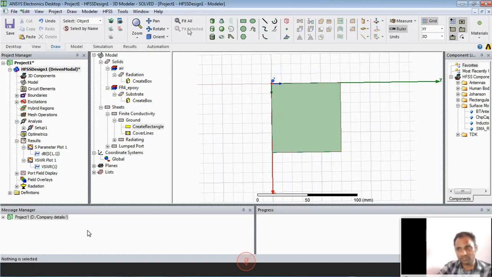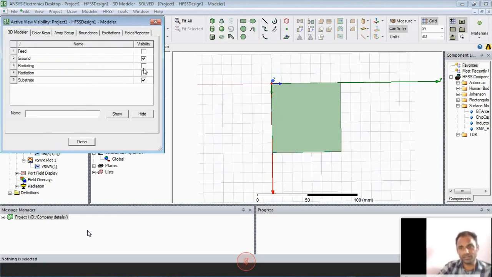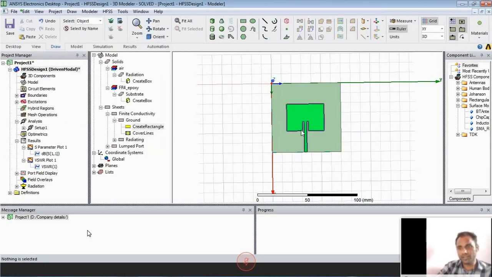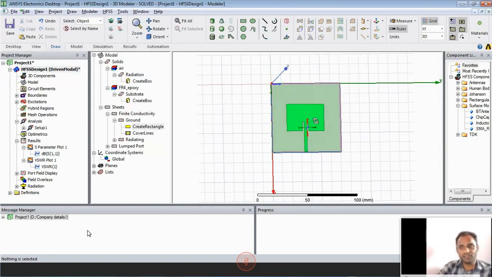Then the third step is we need to put a radiating layer here. So for the radiating layer also we go for create rectangle. That rectangle we need to place at the mid of the axis. Mid of the axis means you need to find a position. So in the position finding formula we saw yesterday, LG minus L divided by 2, comma WG minus W divided by 2, comma H. If you take that, you get the exact position. So we draw from here onwards.